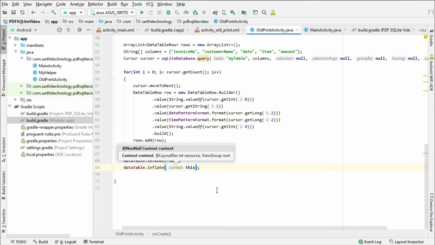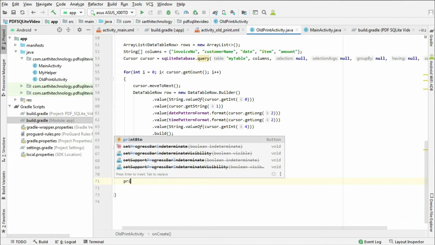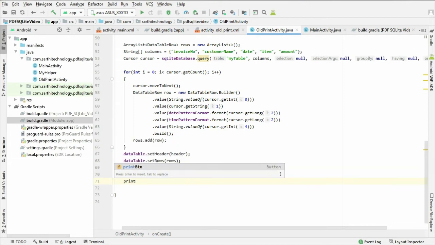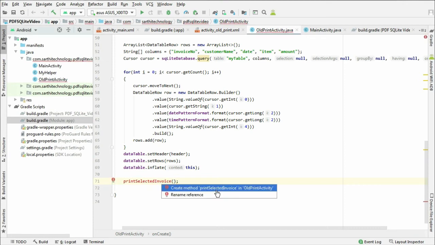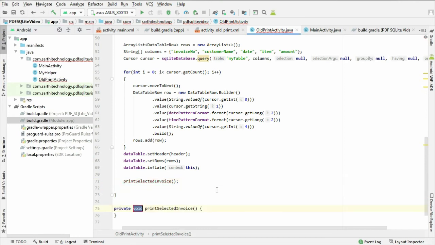Now we need to print. So to print the invoice, we will call a method print selected invoice. Press Alt Enter and create method.